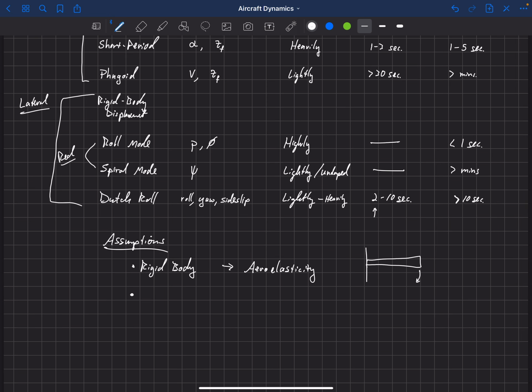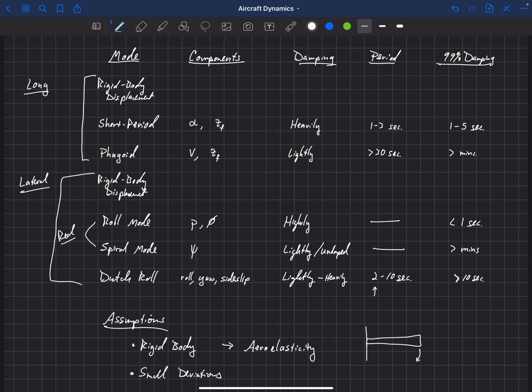And then the second is that we've looked at just small deviations in our flight path, so to speak. So we looked at an equilibrium flight condition. So this aircraft was trimmed, in steady climbing flight or something. And then basically all of this dynamic analysis we studied as small deviations to that. Small deviations in angle of attack, in sideslip angle, and anyway, just all of the angles and the rates and things we assumed were rather small. Okay. And it turns out that that's a pretty good assumption for most aircraft.